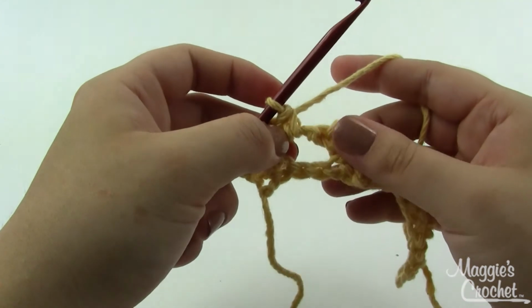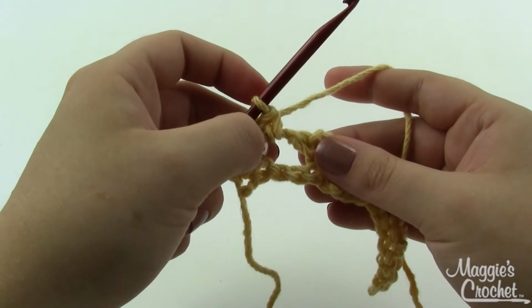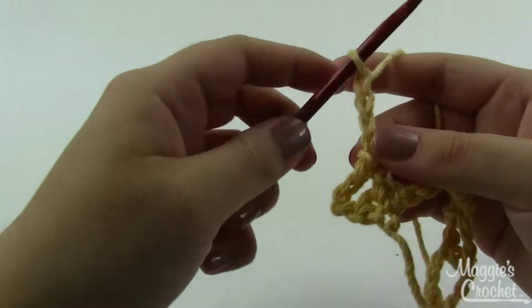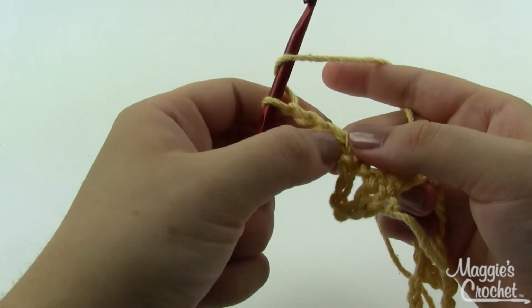Then we're going to do a cluster stitch. You'll find this listed up at the top of the pattern. So you'll see it says chain 3, yarn over, insert hook in the 3rd chain from the hook. So 1, 2, 3,